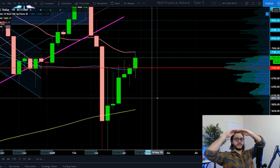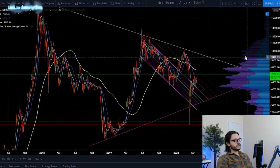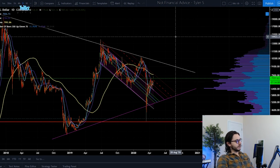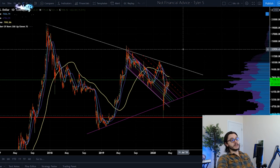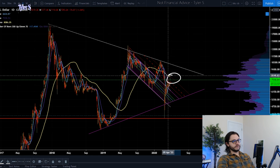But again, anything above that, 10, 11, 12, 13, we think that'll be a lot easier to go above. And this is the perfect chart to represent that. I actually want to spend some time talking about this. We cover this about once every week or once every 2 weeks, but this is probably the most important chart. If we're actually going to talk about breaking new all-time highs and absolutely going moonshot, this is the chart we want to look at. Because as we said, right now we're still fluctuating right basically in the very middle of